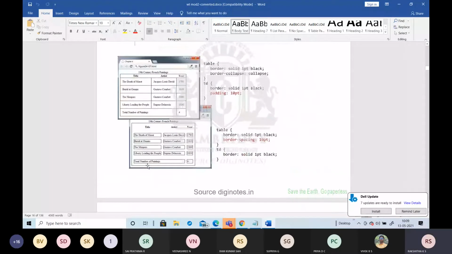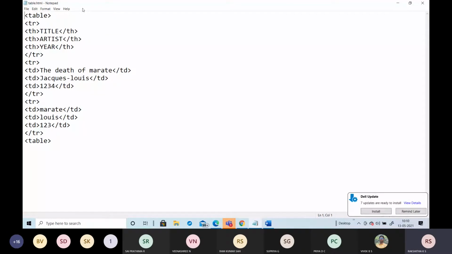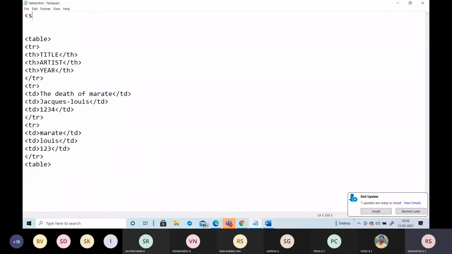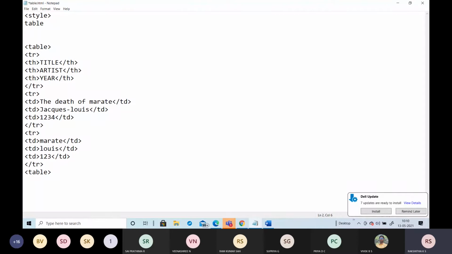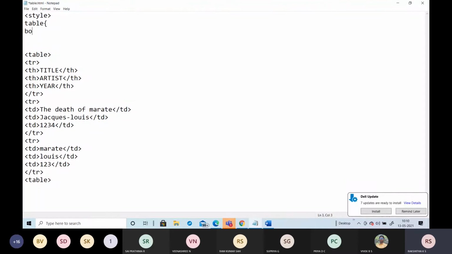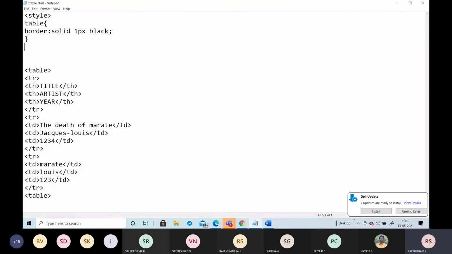So how are we going to add the border for that table? We have to use the style element. For the particular table, I am adding the border. So we'll take that property as border, and under the value I am giving one pixel, black in color. Then close with curly braces and close the style. Next, save the program. Now you'll see the changes.